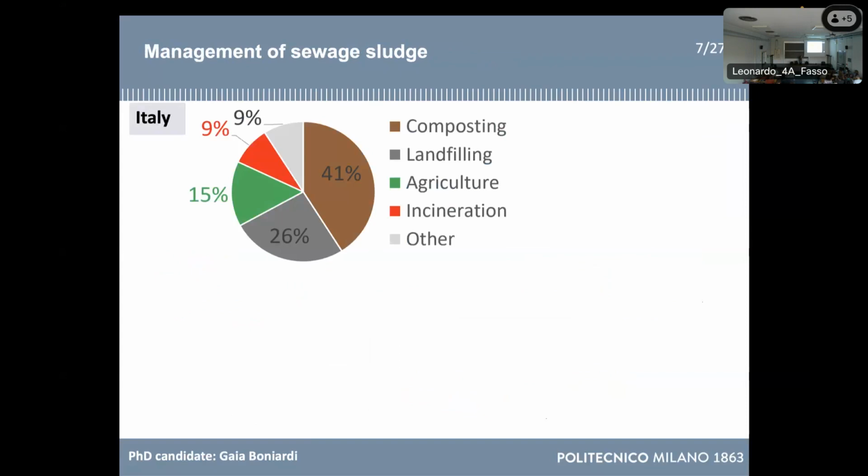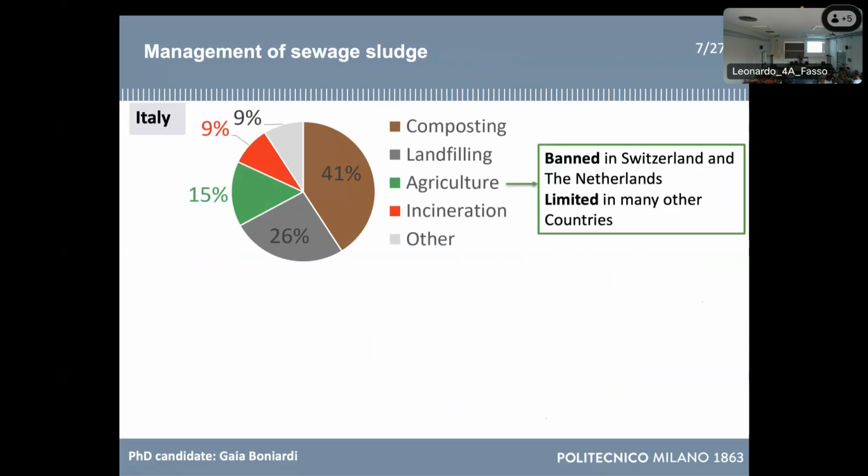The treatment and the management of sewage sludge is an extremely costly operation, so more than half of the cost of a wastewater treatment plant is related to the sludge treatment. In Italy, 41% of sludge usually goes to composting, 26% to landfilling, 15% to agriculture, and the rest to other practices such as incineration. There are a lot of concerns nowadays related to the direct spread of sewage sludge in